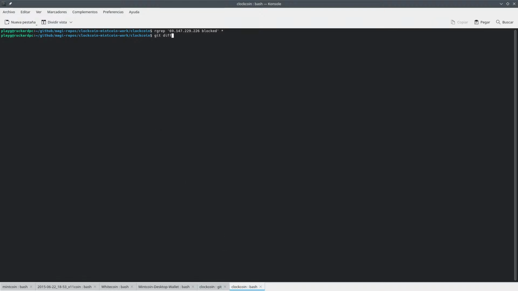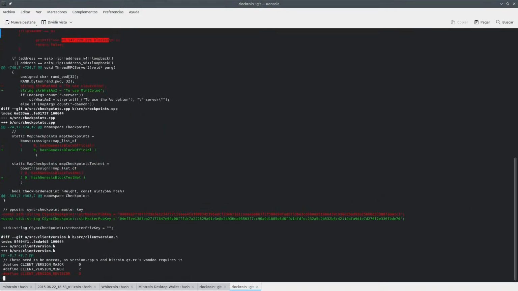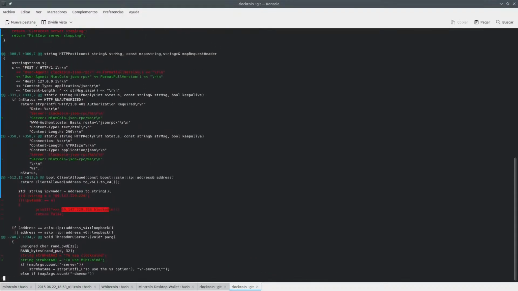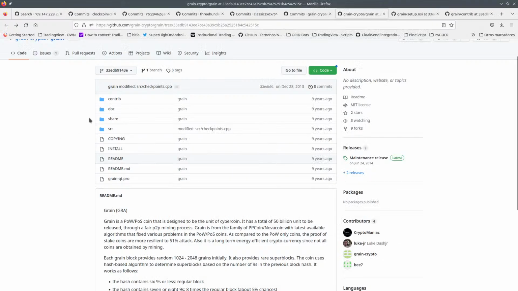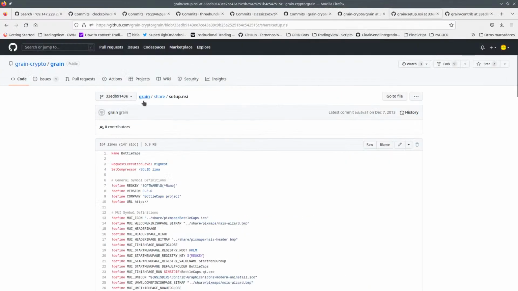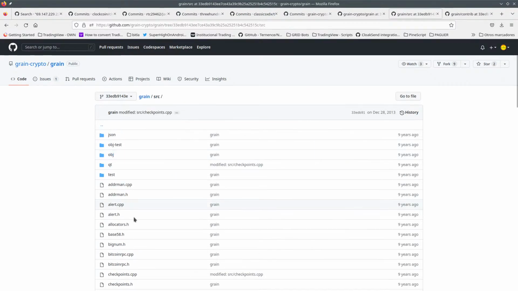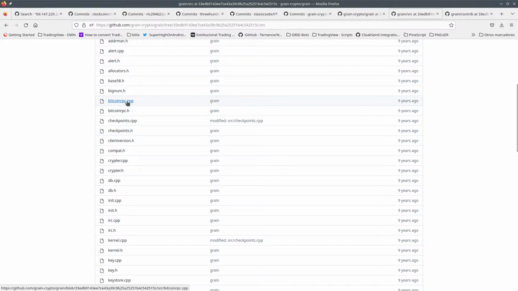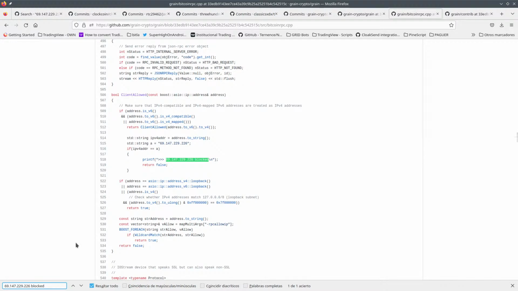Here, I should... so this comes from which file? Bitcoin RPC. So in theory we could go here, check for SRC Bitcoin RPC, and we should have this file here, and here you are, you have this